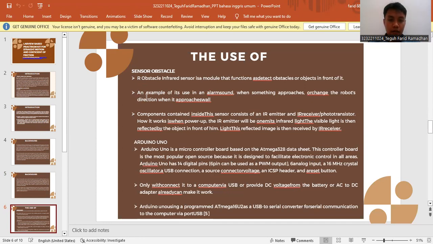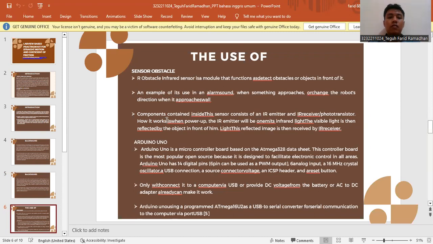Number two, an example of its use is in an alarm zone when something approaches, or to change the robot's direction when it approaches a wall. Number three, components contained